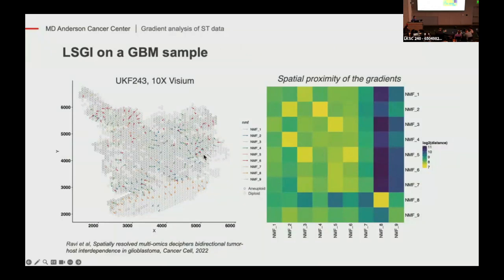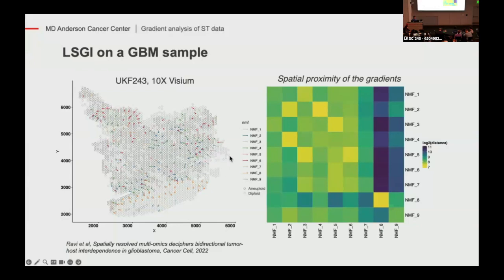And as you can see, if you run this program LSGI, you will get a lot of arrows on those. This is 10x Visium data. This is actually kind of reminiscent of the RNA velocity, although now we're looking into the space. And if you do some spatial proximity analysis, you can see some of the programs actually located pretty close